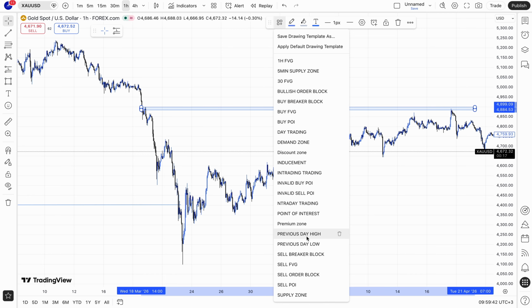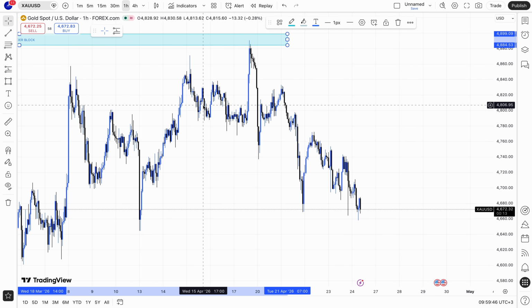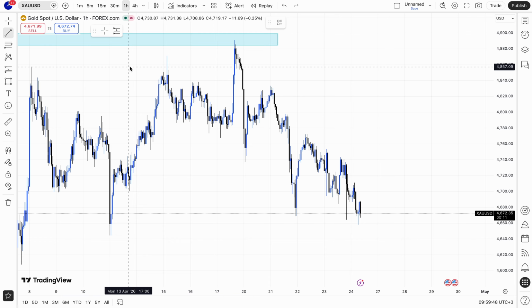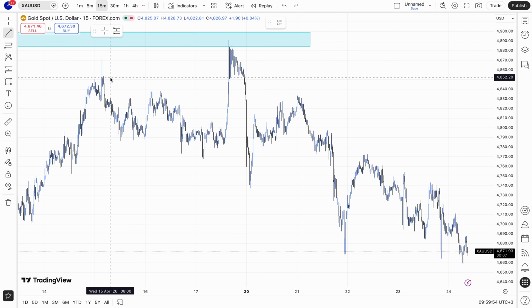Then we have our bearish order block, right? And from here you can clearly come on 15 minutes for our internal market structure, and